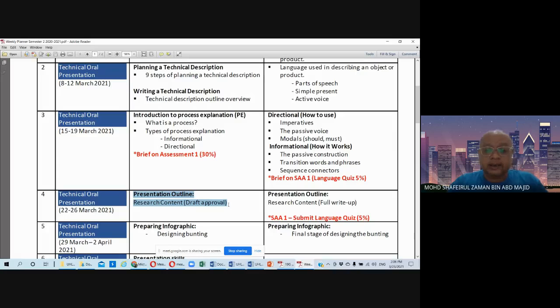Then we are going to look at some of the drafts that you have submitted in Google Classroom, and we'll see whether they are going to be accepted or not, based on the product that you have suggested earlier. As I can see in our WhatsApp group, we have 10 groups altogether. It's actually 9 groups and 1 pair. The only pair in the section is pair number 7, Ahmad Amirul Azani and Elia Liana. The rest of you are doing it in groups. So that is about the grouping part.